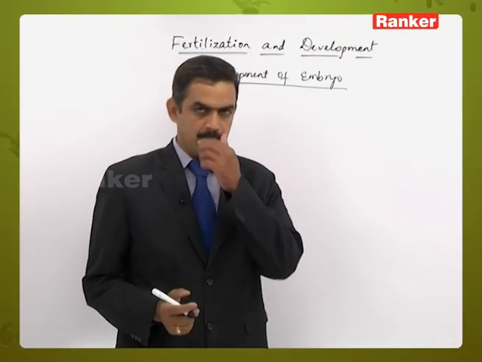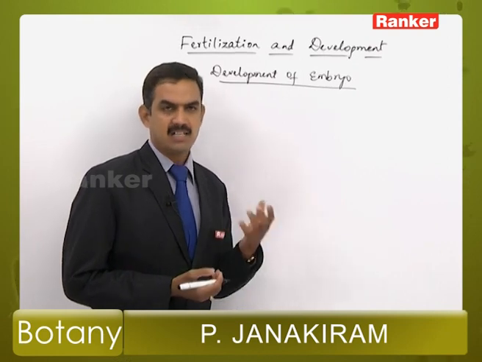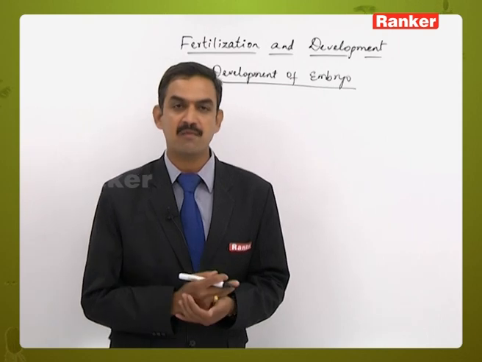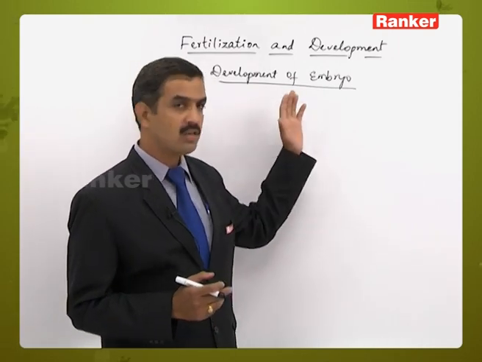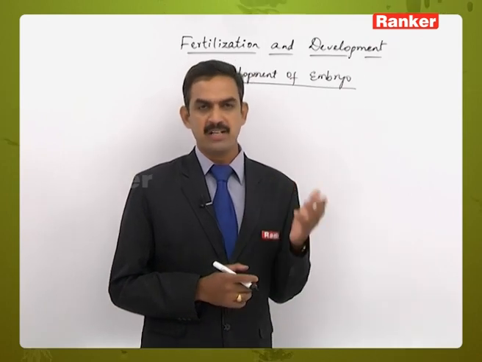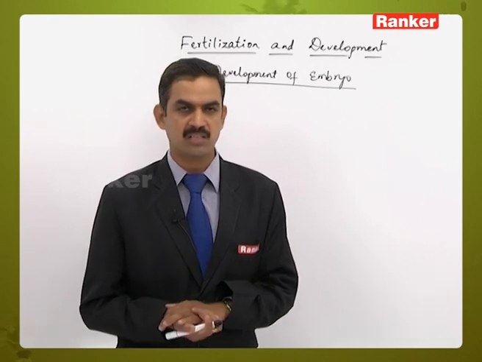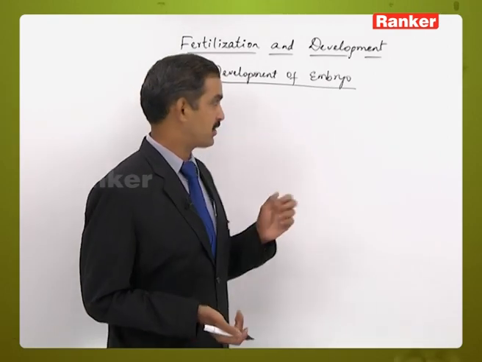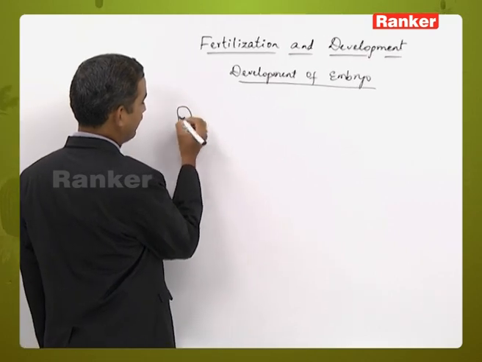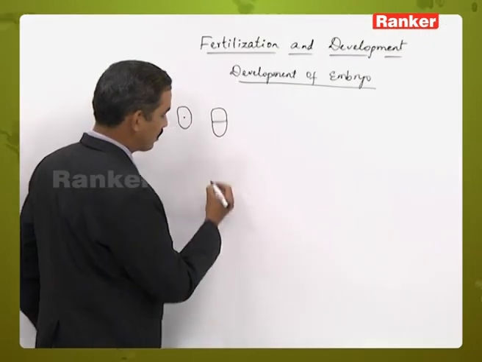Development of embryo. The embryo is present inside the seed and it will start developing in its size, and the size means it is undergoing some sort of differentiation, because the zygote is a structure which is unicellular and diploid that will undergo repeated number of divisions in different patterns, resulting in a multicellular structure called the embryo. In this process, the unicellular structure, that is the zygote, will undergo divisions, and in the meantime,